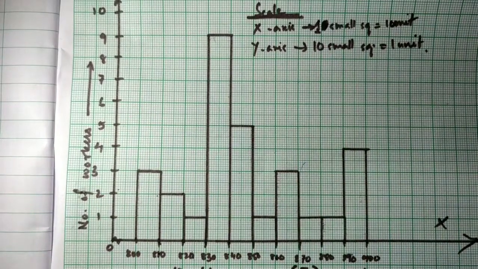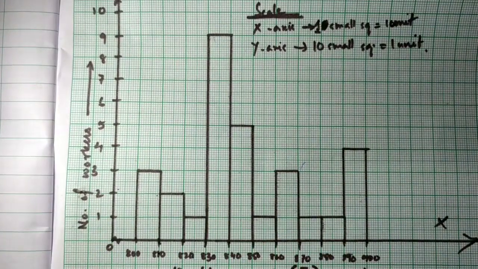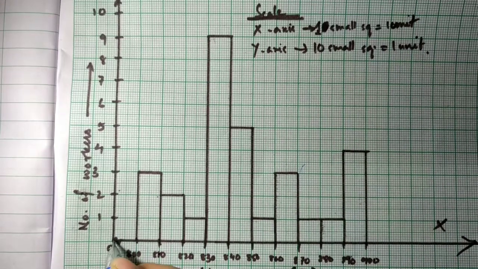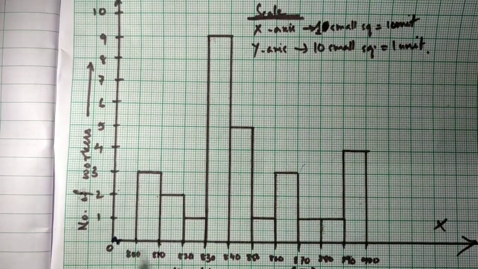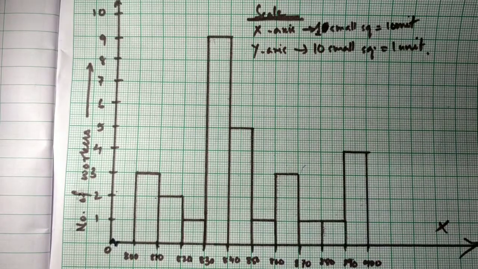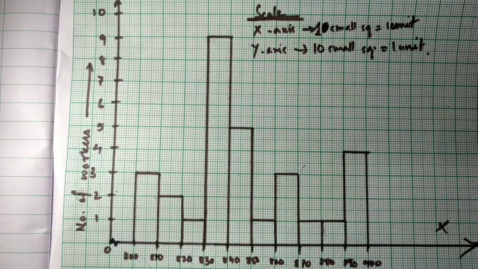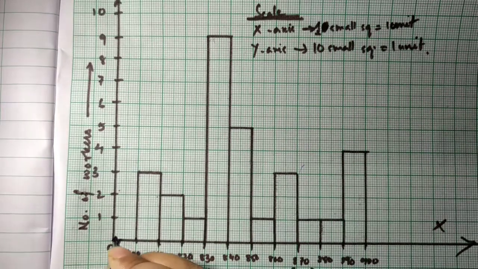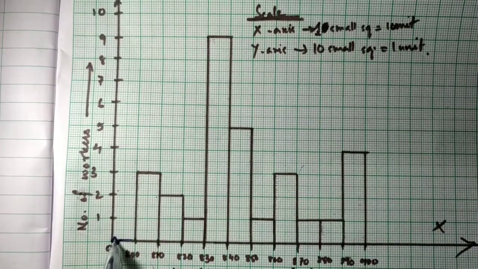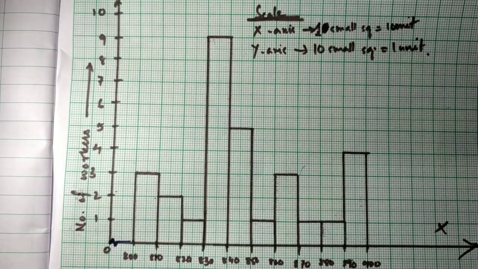You can see there are no gaps between the bars. Now what is the scale I have taken? See, on the x-axis, you can see this is a curved line like this. Why have I taken this? You can see all of them are equal. 10, 10, 10, all have a difference of 10. But from 0 to 800, there are 800 gaps in between. So I cannot draw a straight line here. When I start from the origin and I see that all are unequal, I give a curved line like this, so that it shows that there is a continuation.